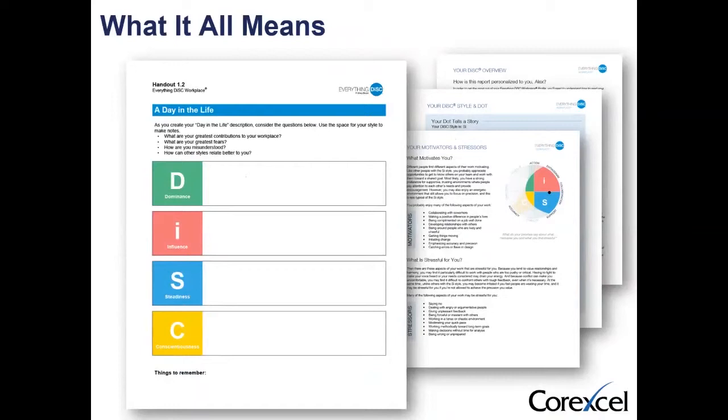Here's the C example. So you can see they put their light bulb and question mark. They're questioning ideas, and the calm C at the bottom. And then of course they live in a world of ideas, but they like to ensure accuracy and focus on logic. Those last 2 lines there. So you'd complete this exercise with all styles sharing their day.